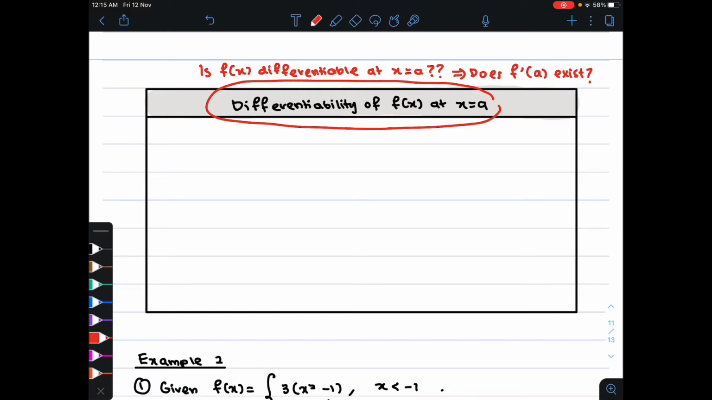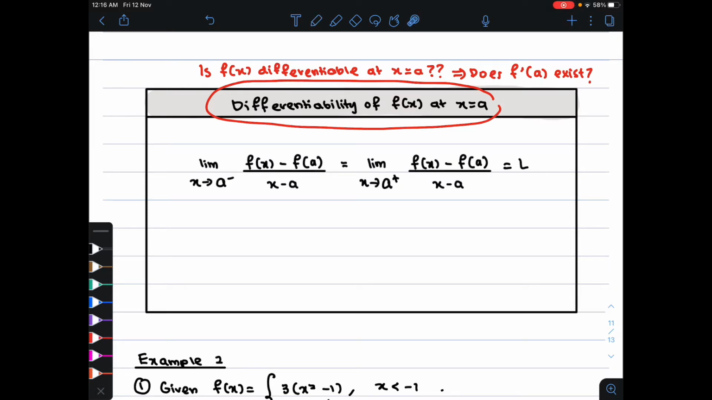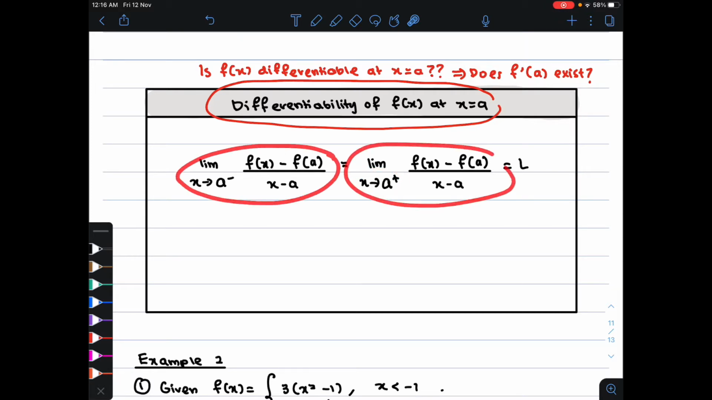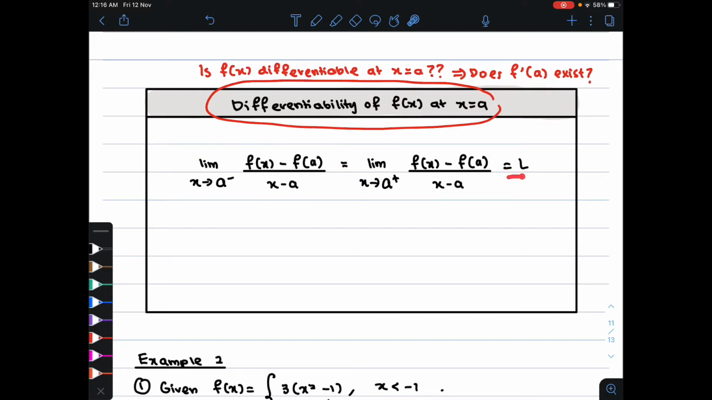And in this case, we will also apply the concept that we learned in chapter 8 limits about one-sided limit. If you can show that the limit of f(x) minus f(a) divided by x minus a as x approaches a from the left-hand side is the same as the limit of f(x) minus f(a) divided by x minus a as x approaches a from the right-hand side, so if both limits are the same and they give you a value of L, this means that you will have f prime a, which is equal to the limit of f(x) minus f(a) divided by x minus a as x